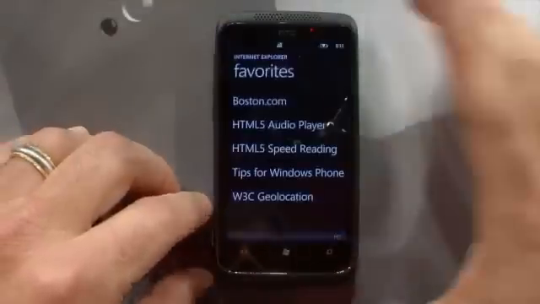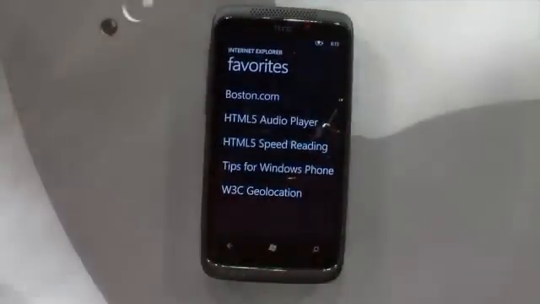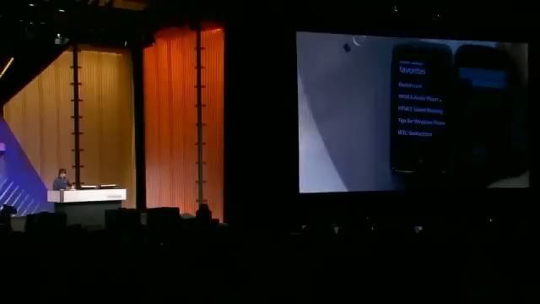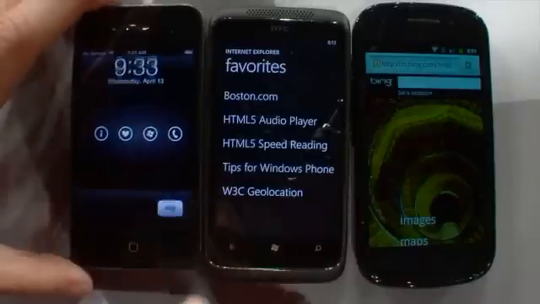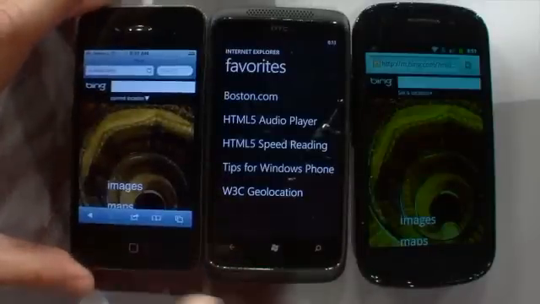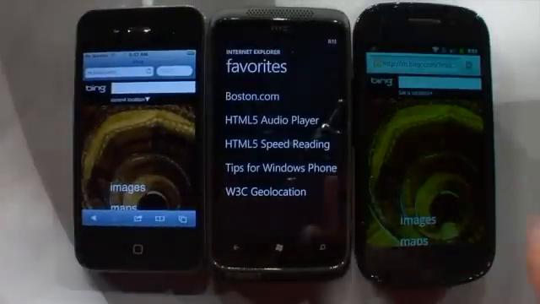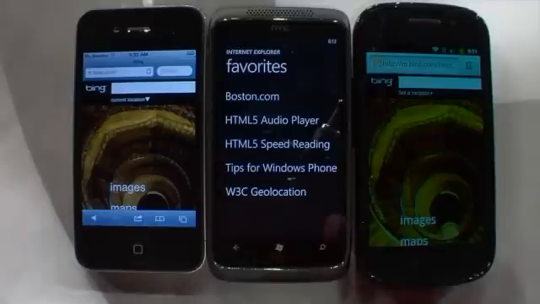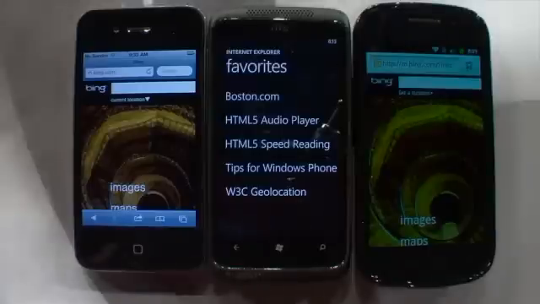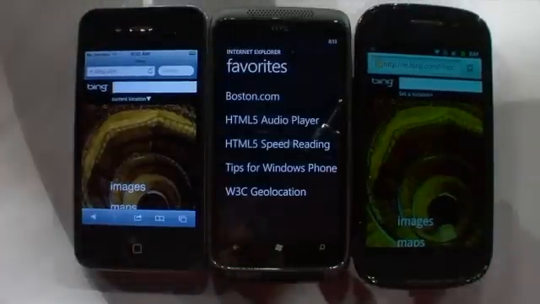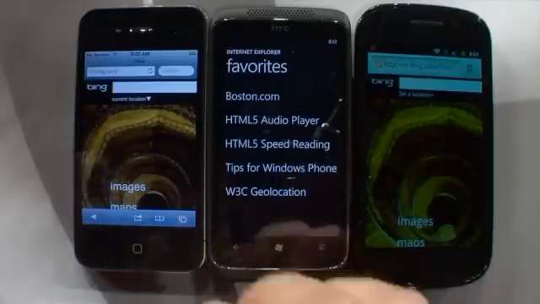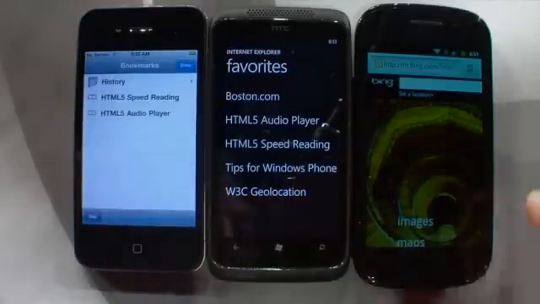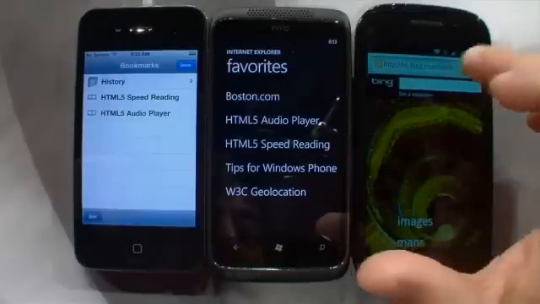Now I'm going to switch over to favorites, and I'm going to move this USB cable out of the way. So let me bring some friends on stage here alongside our Windows Phone. I've got an iPhone 4 and Nexus S and Windows Phone 7 running IE9. Remember, same IE9 core browsing engine with hardware acceleration onto the phone. So what we're going to do is load an HTML5 speed reading demo on all three of the phones. So let me try to get these ready, and I'm going to do my best to launch them